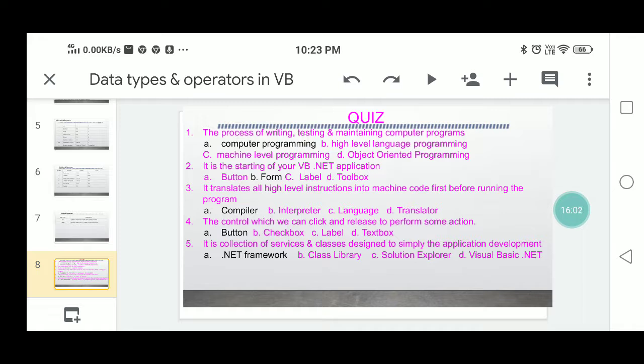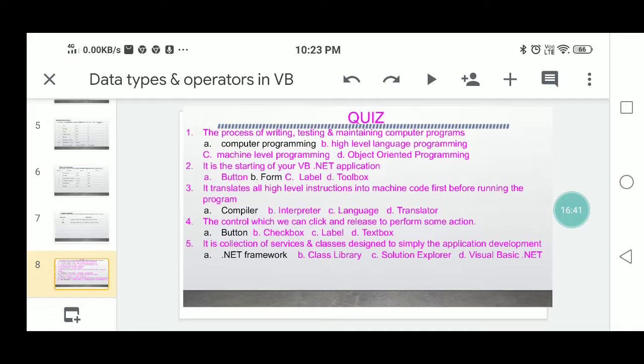It converts high level language instructions into machine code form. That is the compiler. Next, the control which we can click and release to perform some action. After clicking, it releases the action. That is a button.